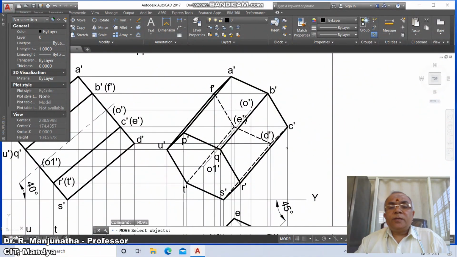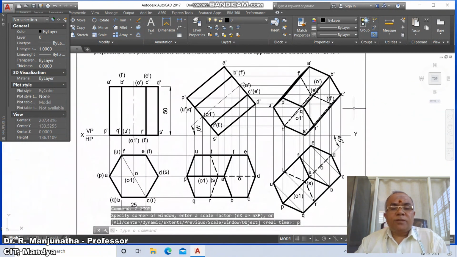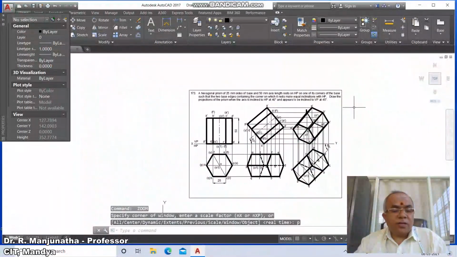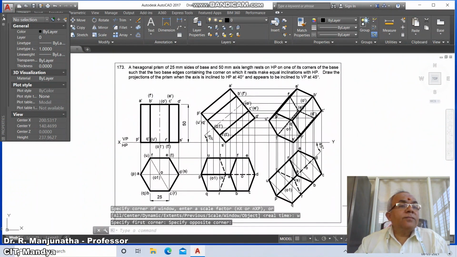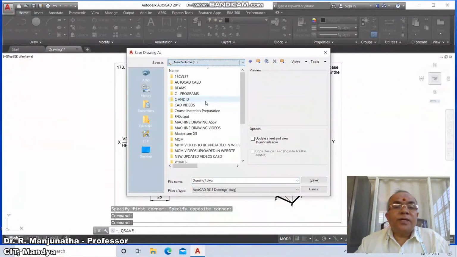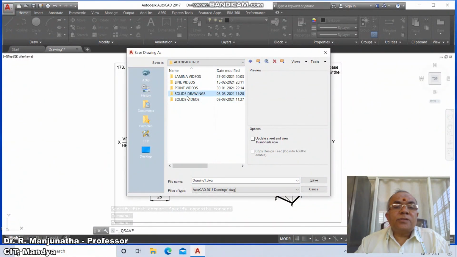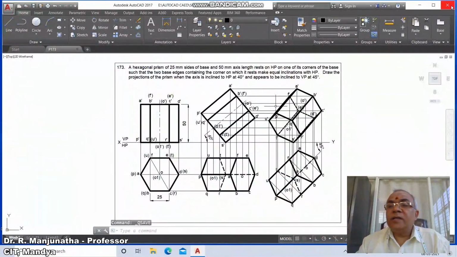So once you do that, this is how you will be able to complete this particular drawing by using AutoCAD software. Then we'll go for saving this. Go to save, go to appropriate drive, AutoCAD solid drawing, type P173 and save it, and finally you exit the